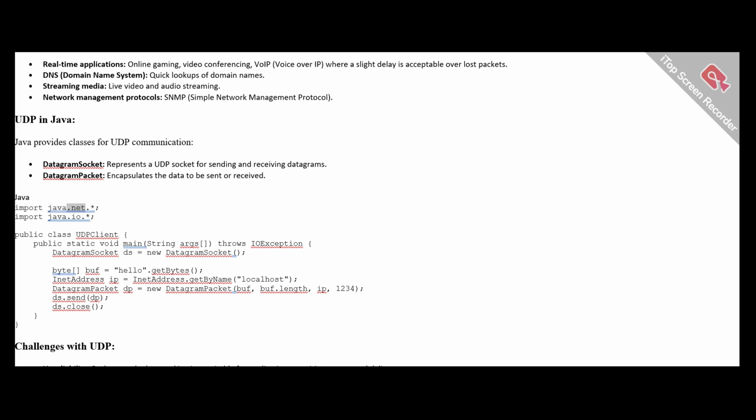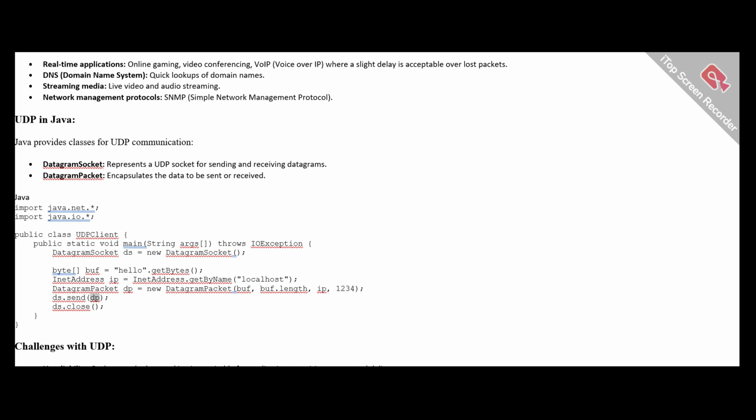Java. import java.net.*; import java.io.*; public class UDPClient { public static void main(String[] args) throws IOException { DatagramSocket ds = new DatagramSocket(); byte[] buff = "Hello".getBytes(); InetAddress ip = InetAddress.getByName("localhost"); DatagramPacket dp = new DatagramPacket(buff, buff.length, ip, 1234);